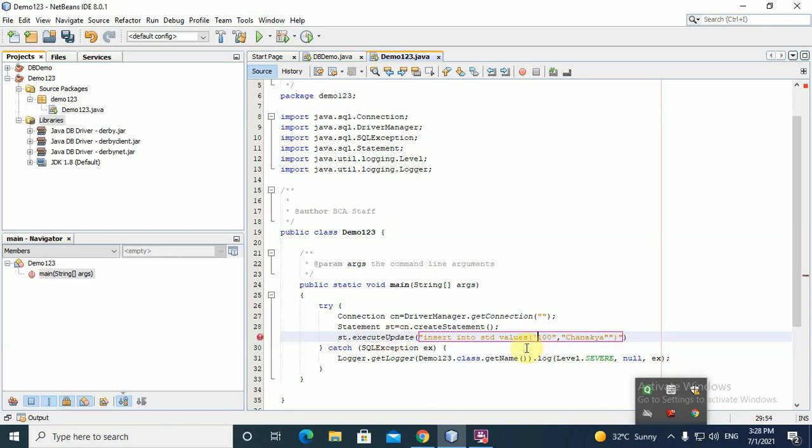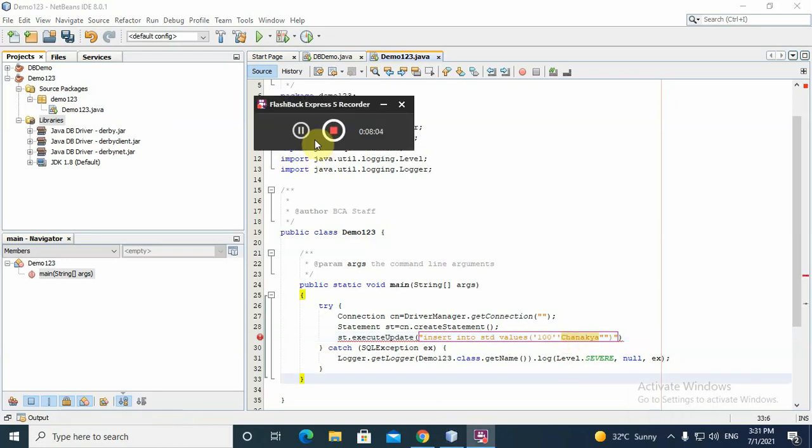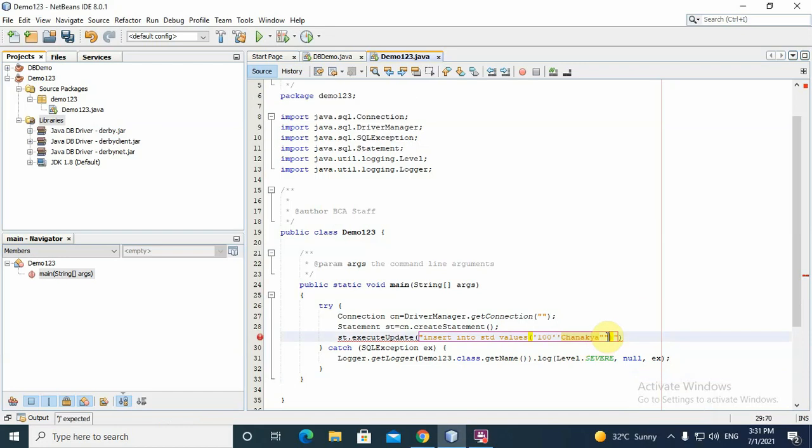Here use the single quote, because the outer statement has the double quote symbol. You have to select single quote, and these parameters are separated by a comma and end with a semicolon. Here it is, just remove the statement.